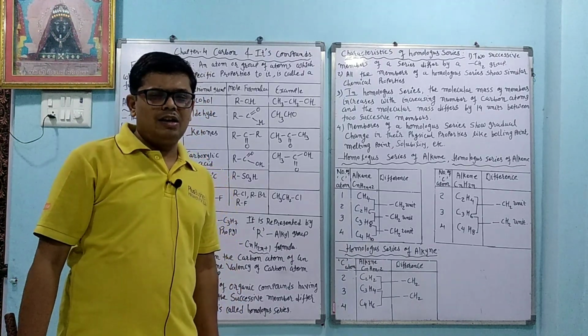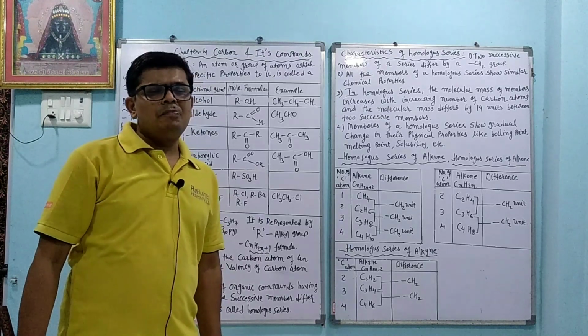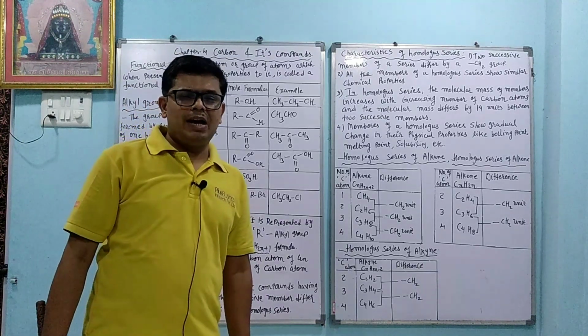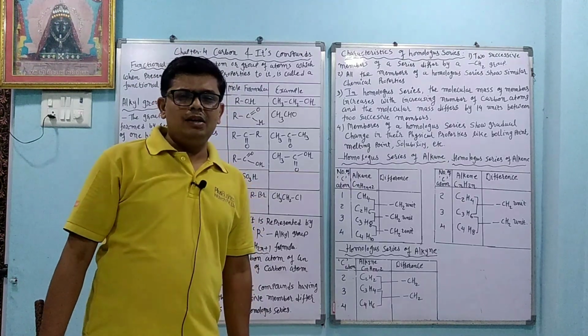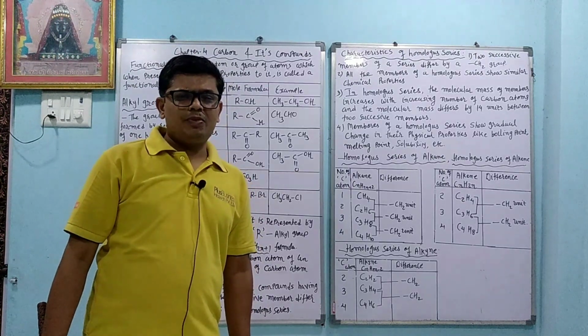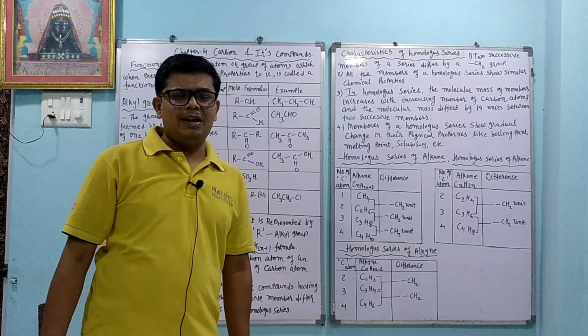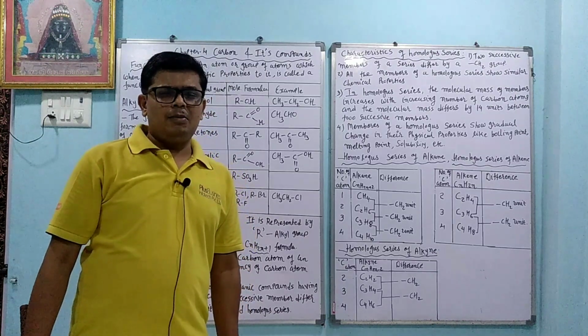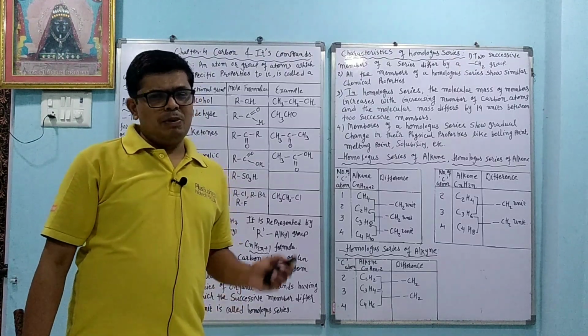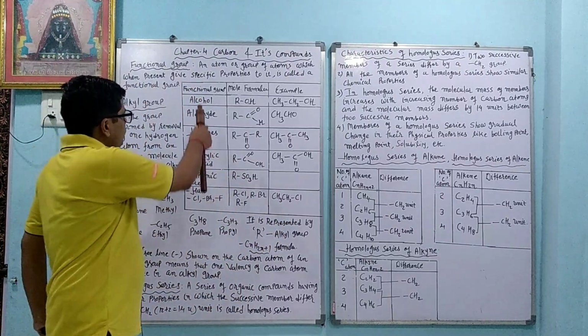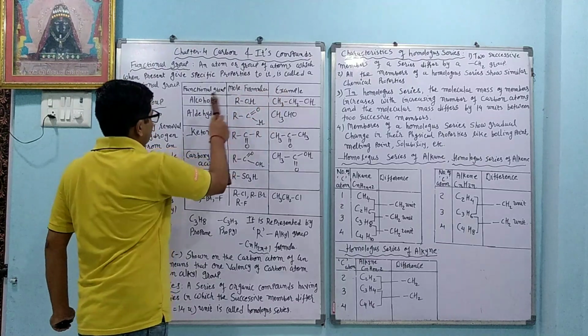When we add these to the alkane, we get different compounds. As well, we will learn about the ester group, the COO group. We will learn about the ether group, where O is present between two alkyl groups, and we will learn about the amide group, the CONH group. Okay, so one by one we will learn the functional group, molecular formula and example.